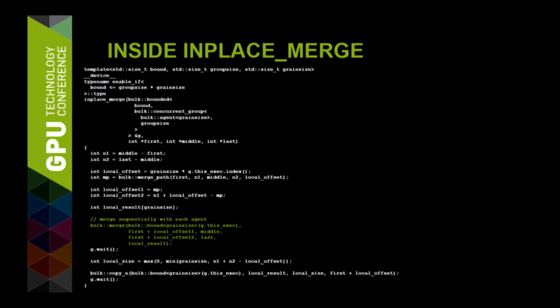And then each one of these execution agents is going to create a local result, and that's going to go in this local array, local result, which is sized with this grain size parameter. Then each one of these agents is just going to call merge. So it's really easy to reason about, right? We're just finding where to read in the input. Everyone does a merge. We do a barrier at g.wait, and then we just copy back to the output at the end with the copy in result,